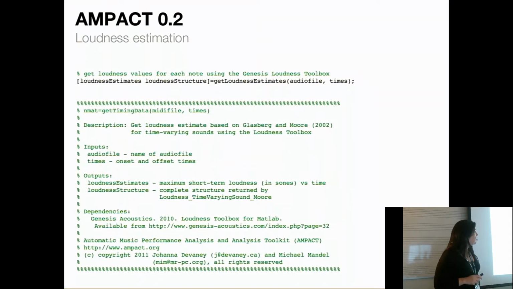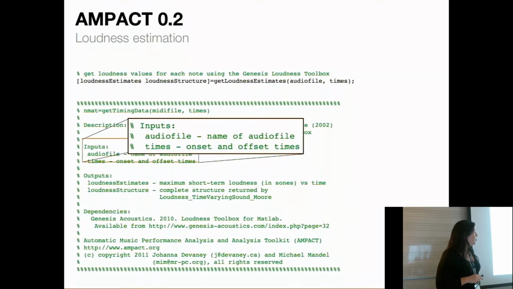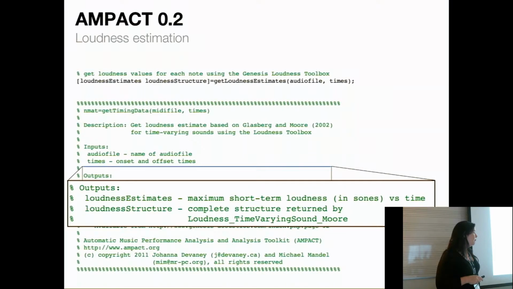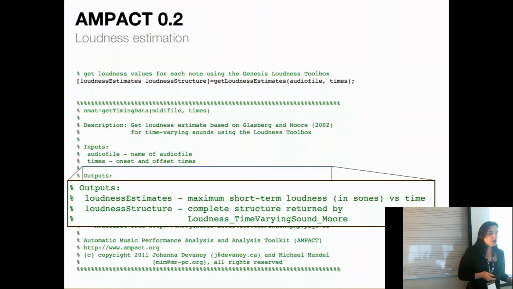And then the next thing is basically a wrapper for the loudness, where you put in the audio file and the times, and it returns minimum short-term loudness in zones versus times, and then a complete structure that comes out of this Genesis toolbox that you can do with whatever you want. So that's the core of where AMPACT was when I finished my dissertation at McGill in